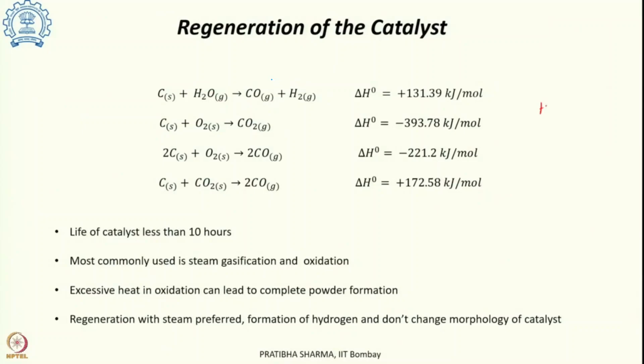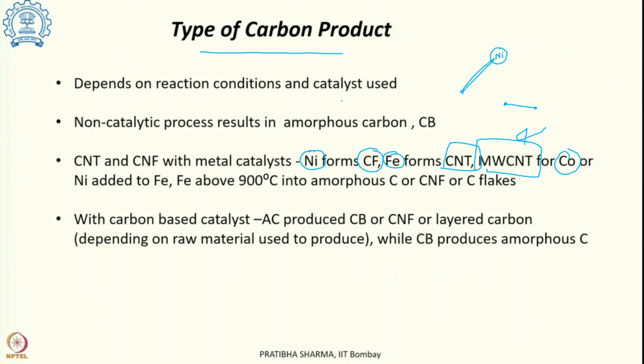Yes, in a previous slide you discussed that iron forms CNT, but in the next line it is mentioned that iron above 900 degrees centigrade gives amorphous carbon or CNF or carbon flakes. So CNT is forming below 900 degrees? No, actually the iron is,